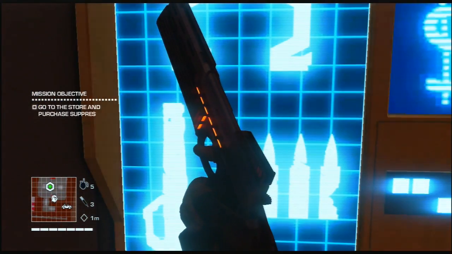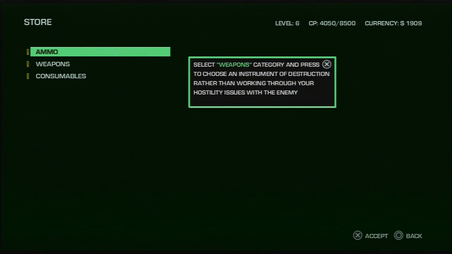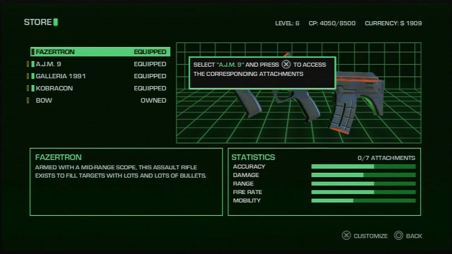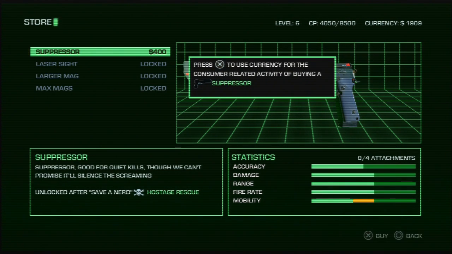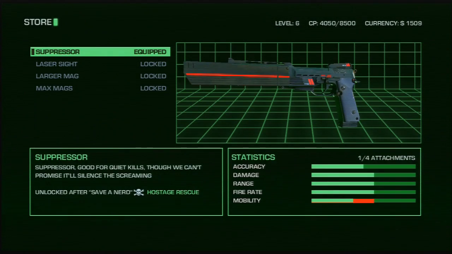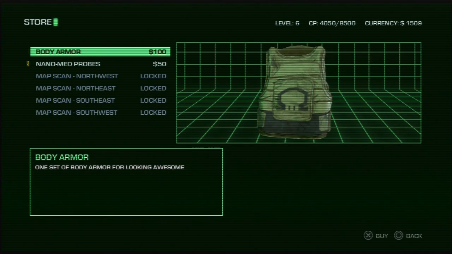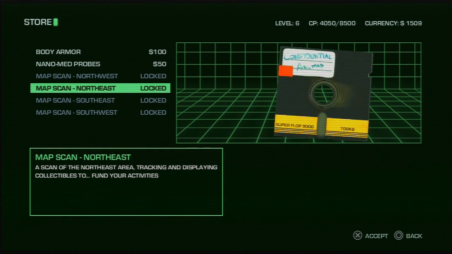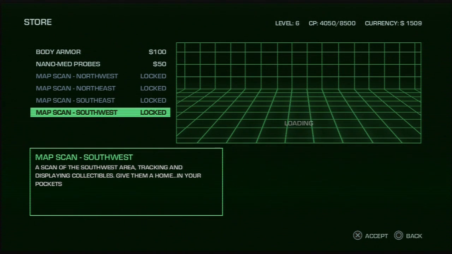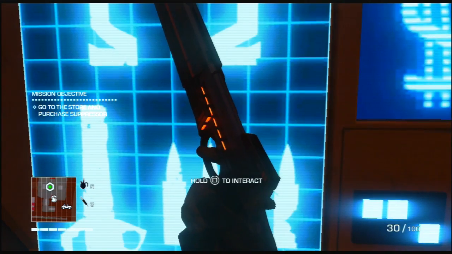Even when I'm sitting here kind of bullshitting, I still lack the ability to talk over cutscenes. It's just the way I am. Let's see here. I forget what I have to do to unlock those. I think I have to just start...